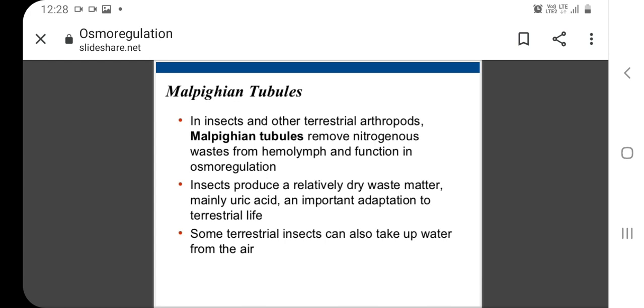Reptiles are not able to produce hyperosmotic urine even when they are placed in an extremely dry habitat. They produce isoosmotic urine and excretion of excess salt occurs through their nasal salt gland. Reptiles